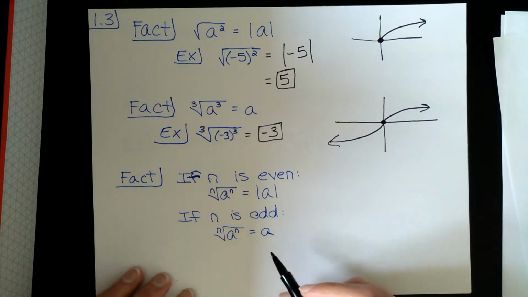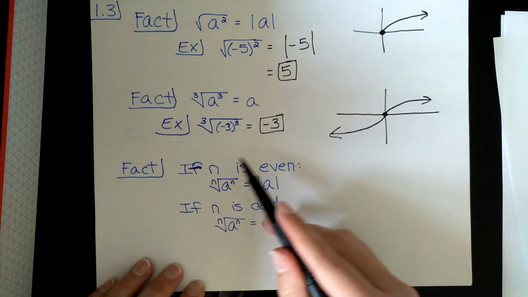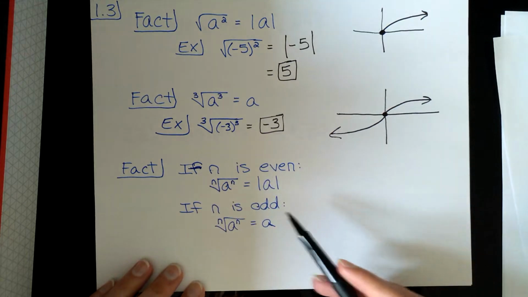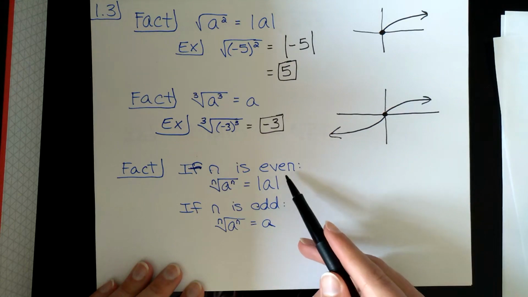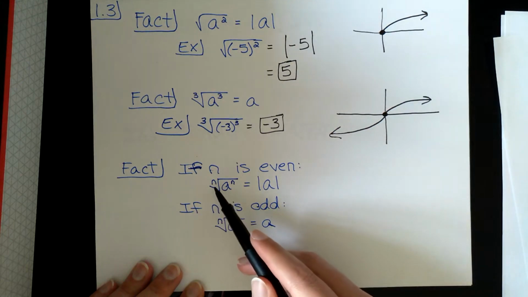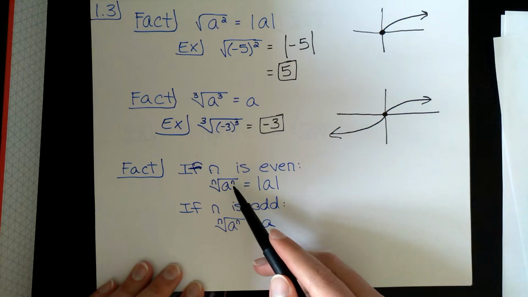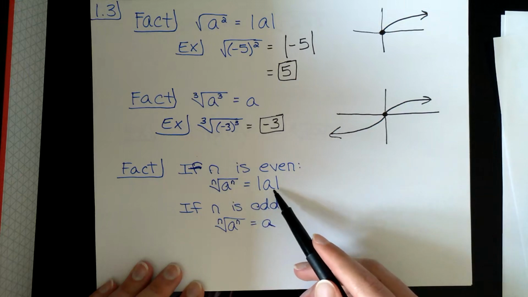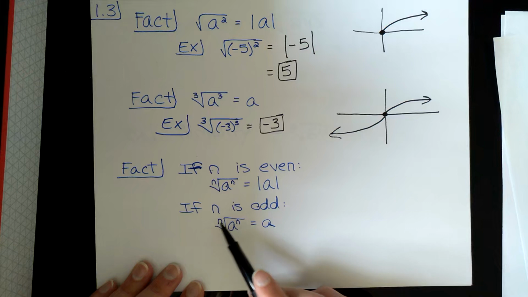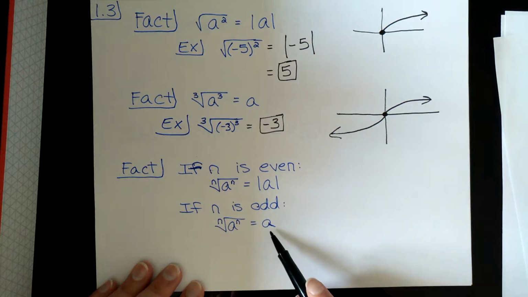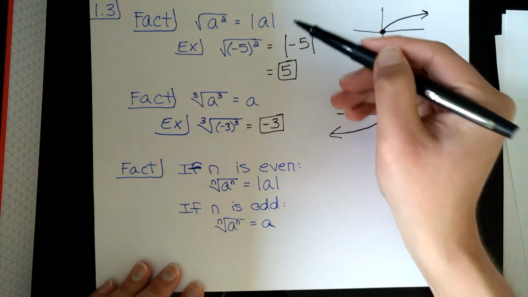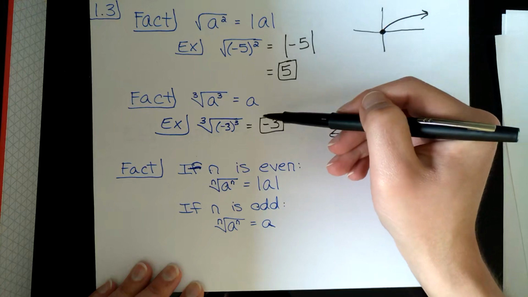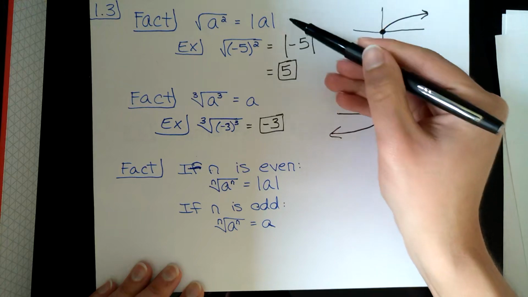And in particular, we say that we can apply this to all types of radicals. If n is an even value, then the nth root of a to the nth power is the absolute value of a. And if n is odd, then the nth root of a to the nth power is just a. So these rules, remember them for the square root and cube root, and then just apply that exact same process